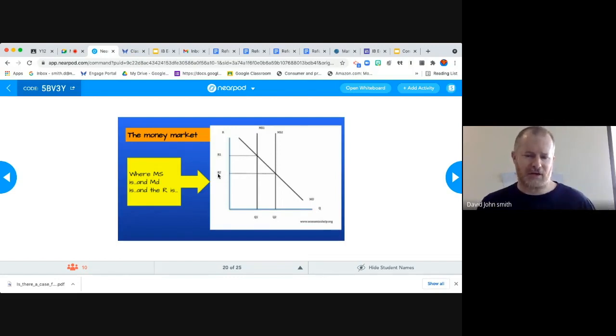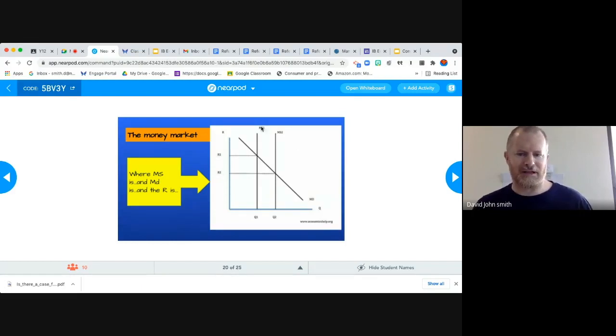And that intersection, we're going to, rather confusingly, use the letter R, I know, all right? And in some books, it's going to be a small r. Other books, it's going to be a capital R, all right? So they're using a capital R at economicshelp.org, all right? So here we see an R2 and an R1. All right, so the R is going to be the interest rate.